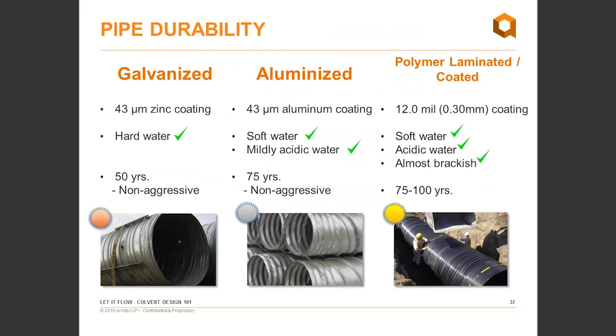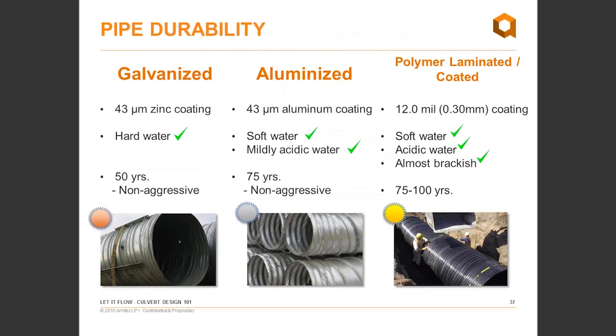Aluminized steel has a pure aluminum coating. This coating is the same thickness as the zinc on galvanized steel, and it's a little bit lighter because aluminum weighs less than zinc. This coating can do well in soft water and mildly acidic water, like acid rain and coffee that we talked about earlier. You can expect an aluminized culvert to last about 75 years in non-aggressive conditions. And this really is because the aluminum oxide patina that develops on the surface is a great barrier against acids